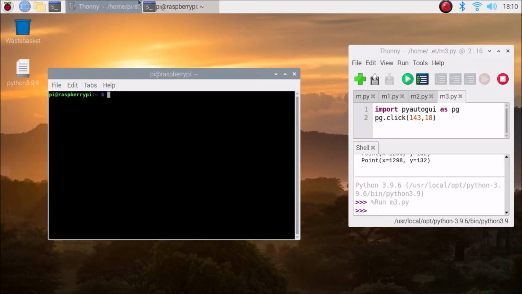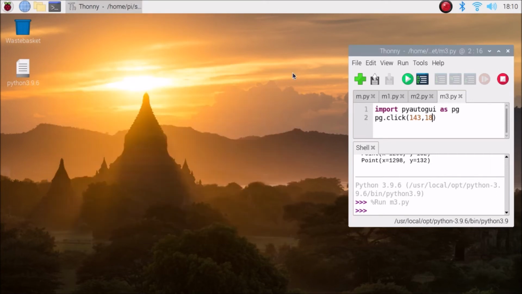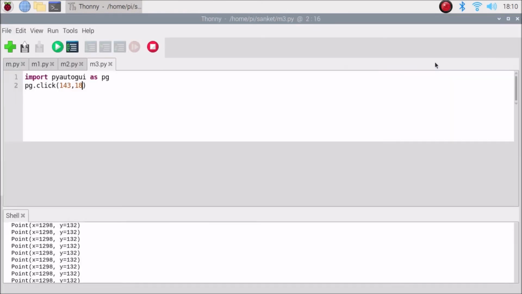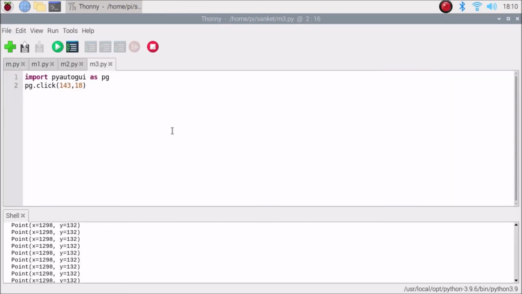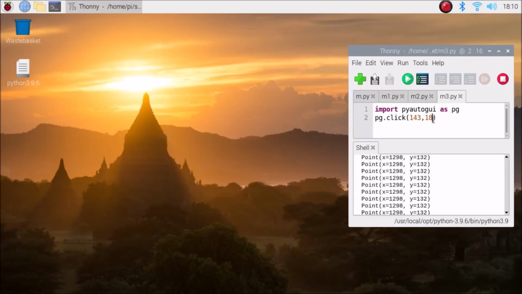So this is the way, friends, you can make mouse activities automatic. Okay, so that's it. Now what we want to do, we want to open the terminal, then hit enter, then run the ifconfig command. So first let's just open the terminal using our m3.py script.